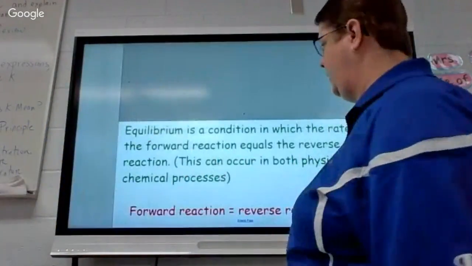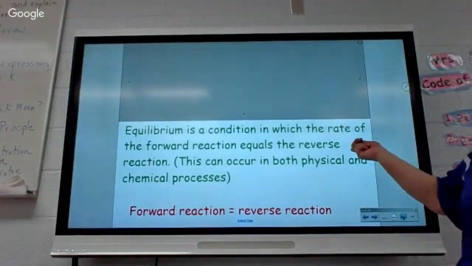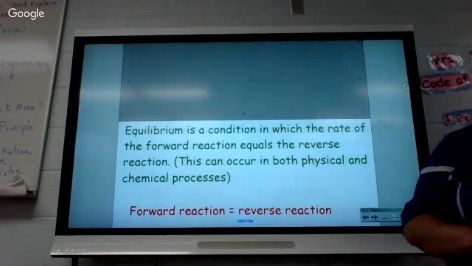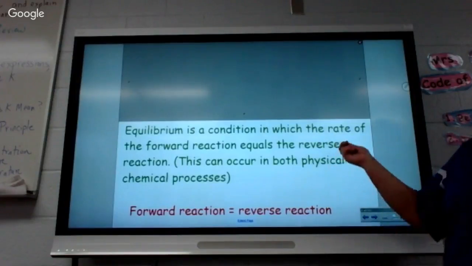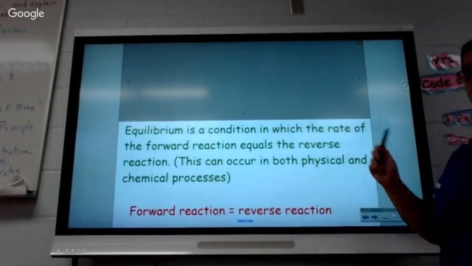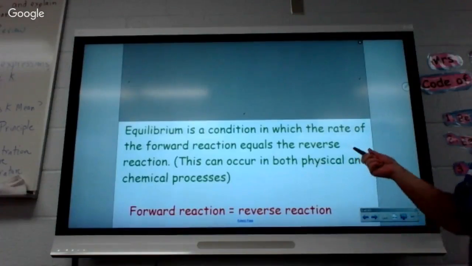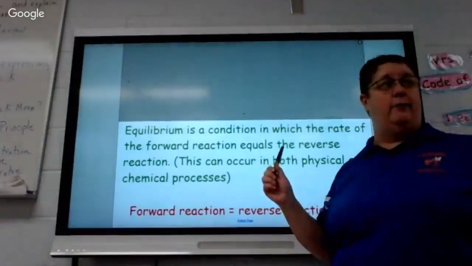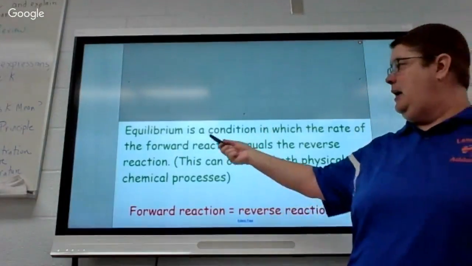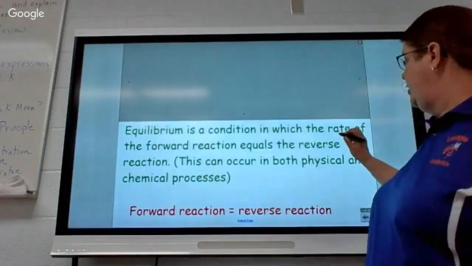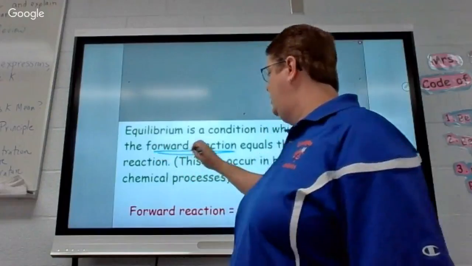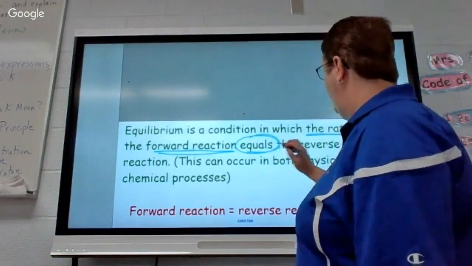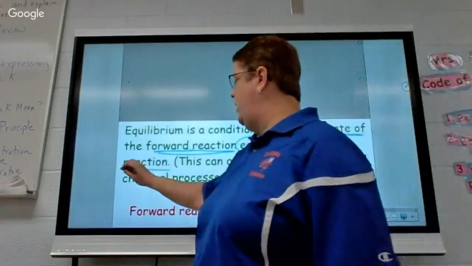So, yes, we did. Now, you do not need to write what's in green here, unless you just don't know that from when we talked about this when we did physical equilibrium. Now, based on yesterday's quizzes, some of you need to write this. I'm going to hand those back in a few minutes when we're working. Equilibrium is a condition in which the rate of the forward reaction equals the rate of the reverse reaction.